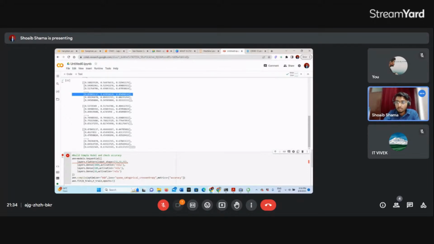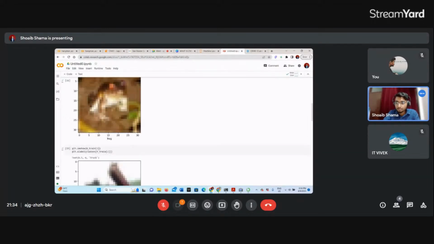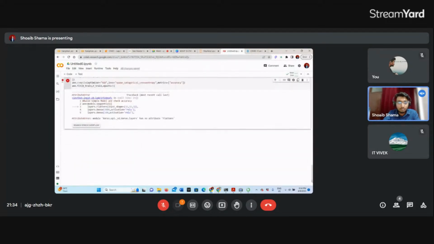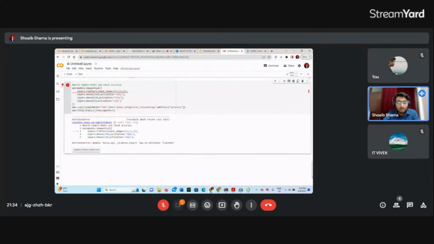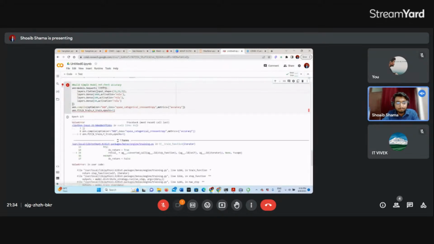Why it's not going? Hmm. Flatten. Then also it's wrong. Epoch, what's running wrong here?